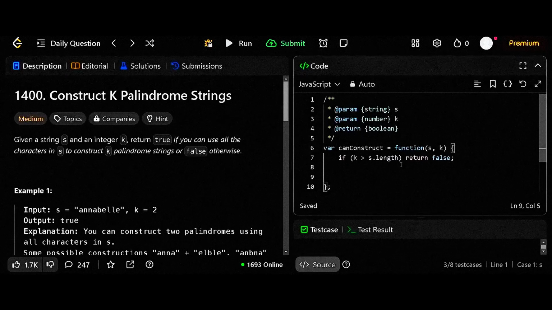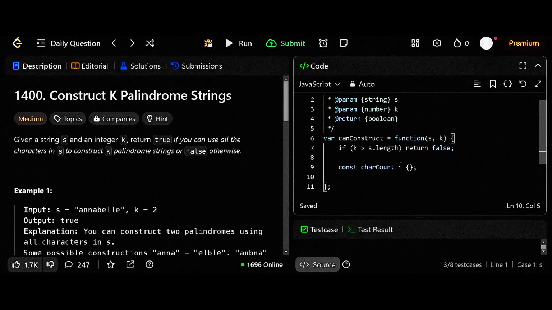Now let's count the character frequency. We create an object where the character counts have to be stored. Because what is the essence of counting if you aren't saving it and won't be able to use it for the odd count? So we create this, then use a for loop block to iterate through the string and add into the count object that we've created. If i is less than the length of the string,